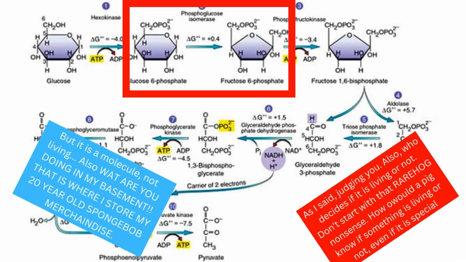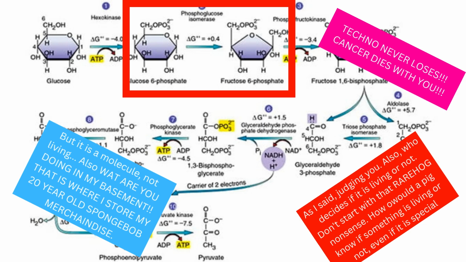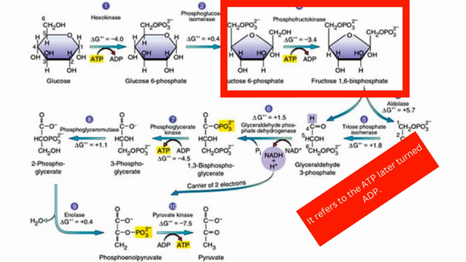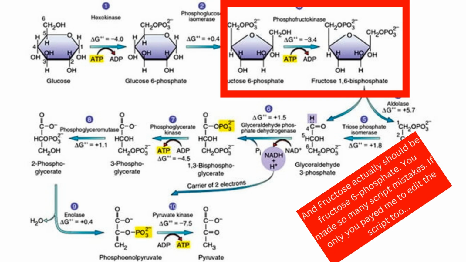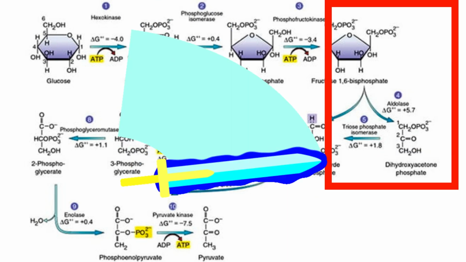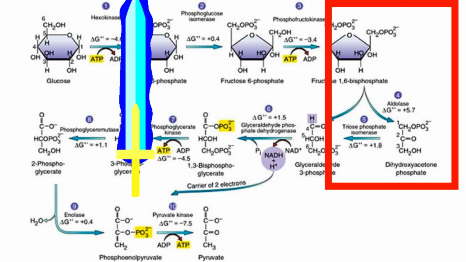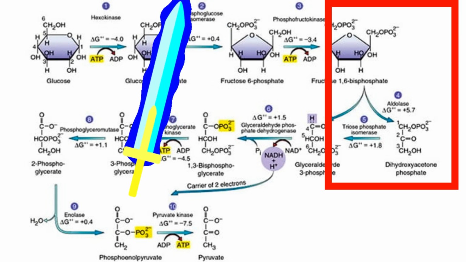The glucose 6-phosphate does not really react with anything, it just changes its shape from a hexagon to a pentagon, becoming fructose 6-phosphate. This then reacts with another ATP to turn it into an ADP. And the fructose becomes fructose 1,6-biphosphate. Who names these things? Anyways, this molecule is actually cut in half to form 2 dihydroxyacetone